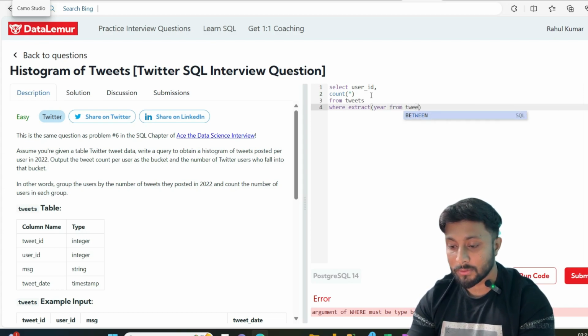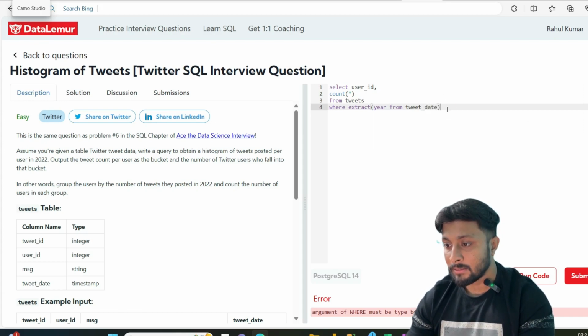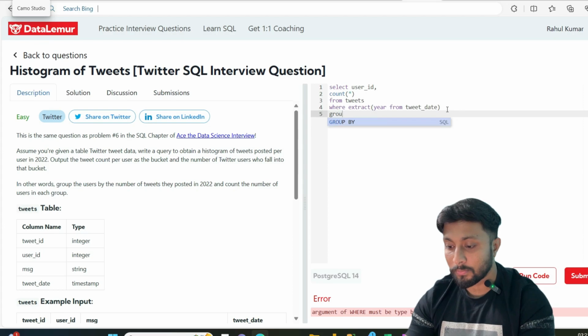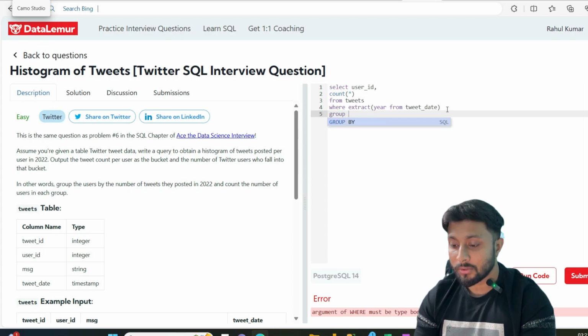My column name is tweet date. Okay, and similarly we have to group these counts based on user ID.